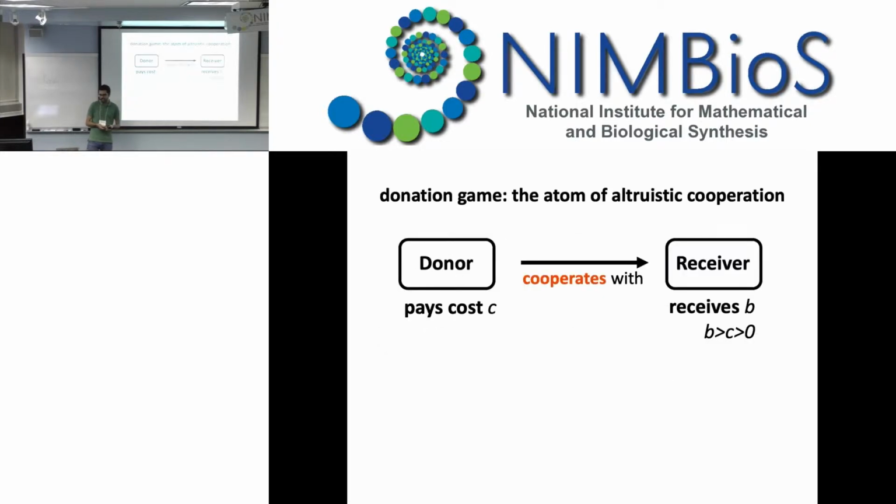Okay. So first of all, what do I mean by cooperation? In very simple terms, we can say that cooperation occurs when an individual pays a cost to provide a benefit to other individuals. So this is altruistic cooperation. And I'm assuming that the benefits are larger than the costs, which means that in a population, if everyone cooperates, the sum of the payoffs in the society increases, we obtain the social optimum. However, because it involves a cost, a defector will always be in a better position than a cooperator.